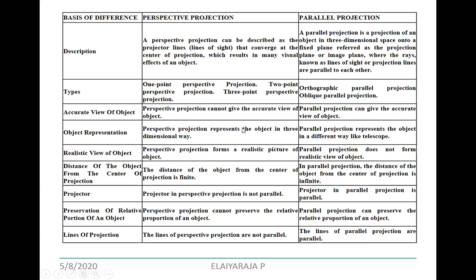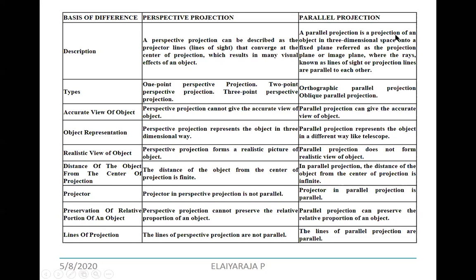And now the basic differences between perspective projection and parallel projection. So perspective projection can be described as projector lines that converge at the center of projection, and here it may look realistic. In parallel projection, it is the direction of projection.